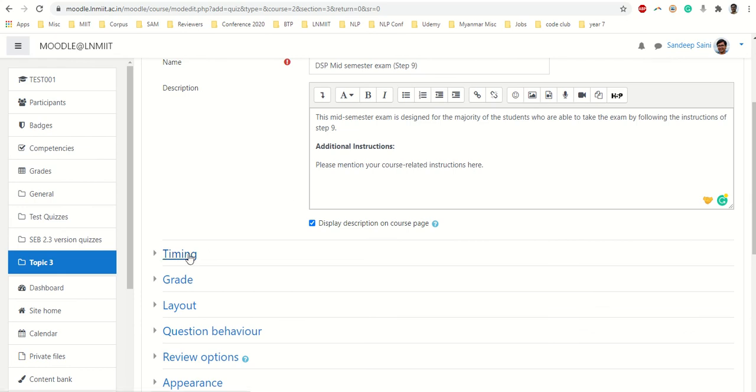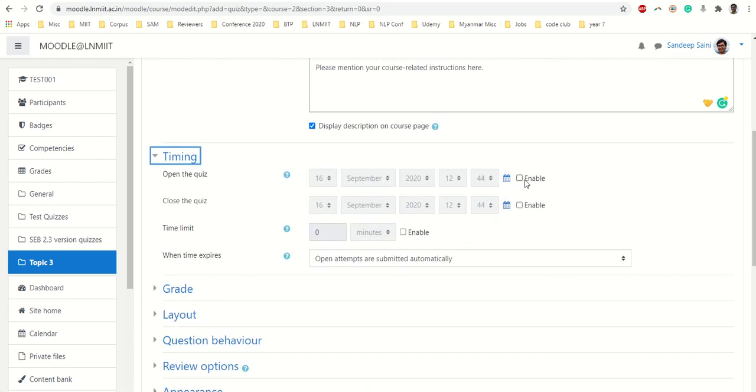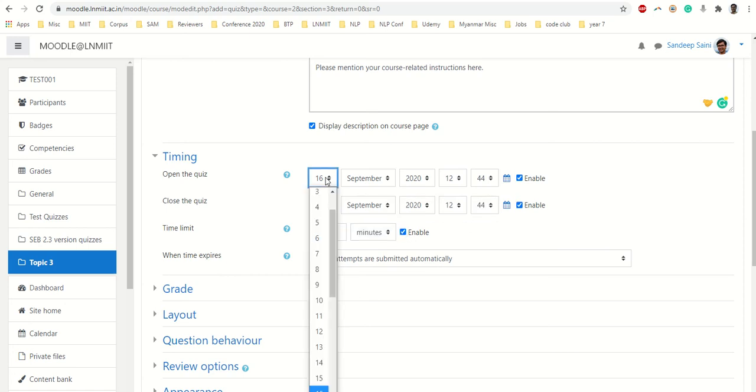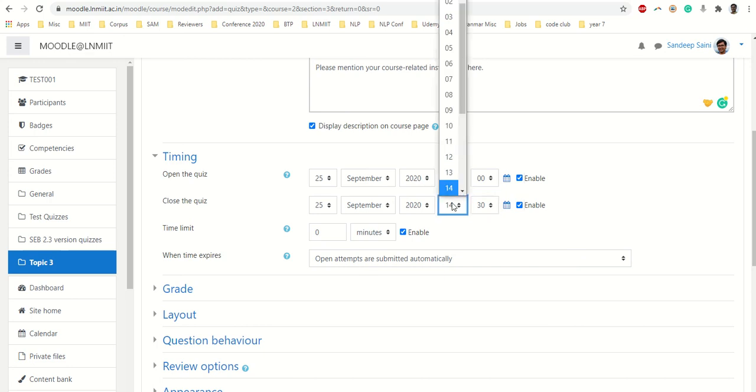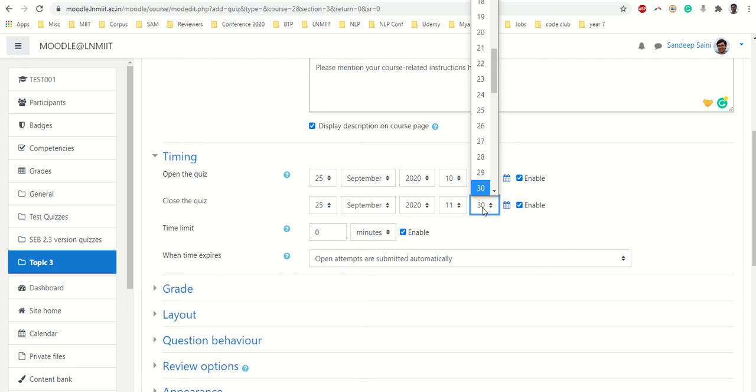The next thing, we open the timing and we enable the opening and close time of our quiz. So if my exam is on 25th September at 10 AM, I'll write 10, and the closing time will be the same 25. It is 11. So if it is a 90 minutes exam, instead of 11:30, please give it 11:40, around 10 minutes extra.